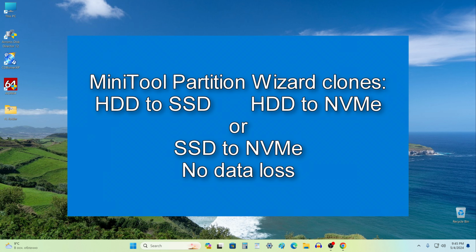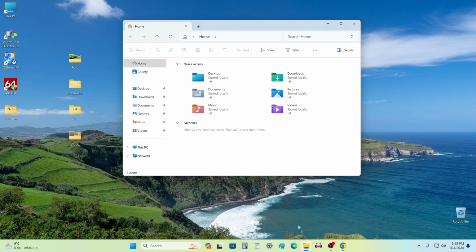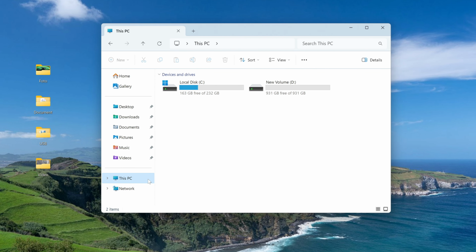It doesn't matter whether you are cloning HDD to SSD, HDD to NVMe or SSD to NVMe. All the steps with these different drives will be the same. I open This PC, and here we see two drives connected to my computer. Drive C, this is the original Windows 11 drive. This is where my photos, videos, and some of my data are located. This drive is small in size and quite old, so I want to clone drive C to a faster 1TB